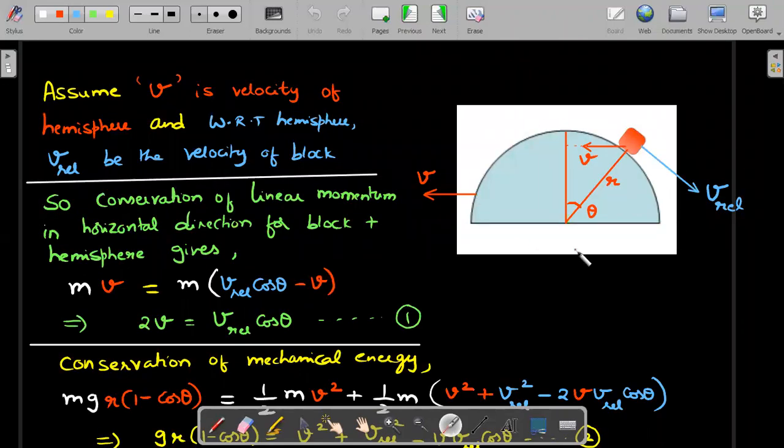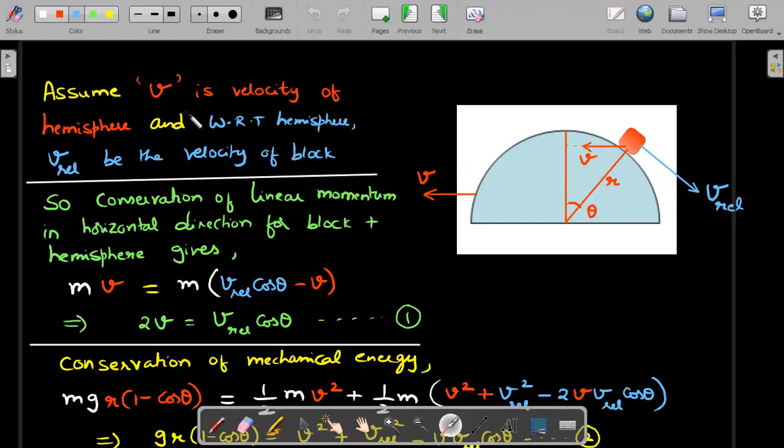First and foremost, let's depict some velocity vectors for solving the problem. Assume v is the velocity of the hemisphere at the point of losing contact. The hemisphere I'm assuming is moving towards the left, as you can see on the right side of your screen. With respect to the hemisphere, the block would be moving in a circular path, so I have marked a relative velocity v relative. Therefore, with respect to the ground, I should add the velocity vector that I have assumed for the hemisphere back onto the block. This red component and this blue component together make up the velocity of the block with respect to the ground. Keep that in mind, and this is the angle theta we need to find.